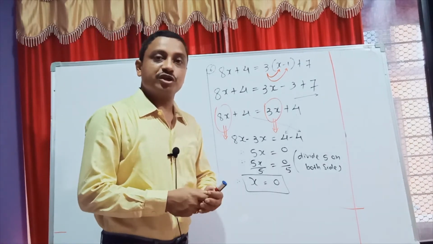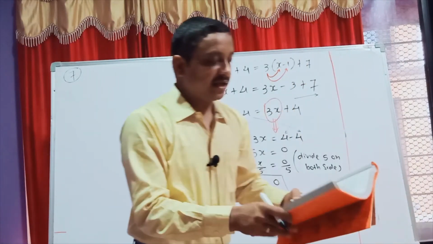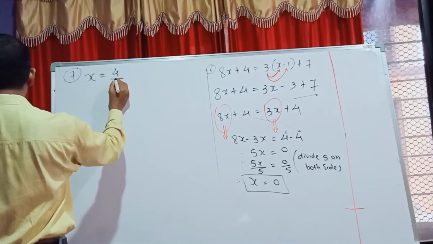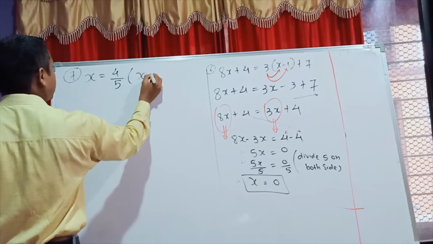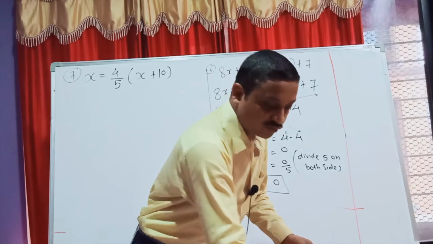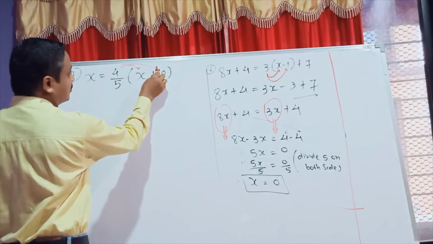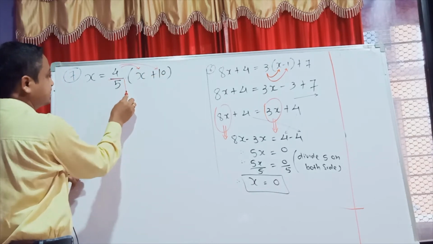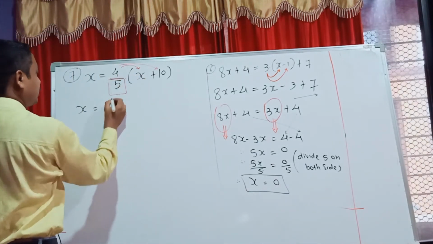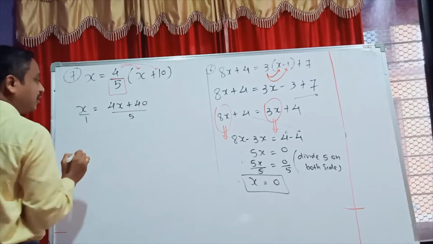Now the same as question number 7. Similarly, I am going slowly, students. x is equal to 4 by 5, and here x plus 10. Here also it is given in mixed form. So first of all, students, this 4 on the upper layer, you multiply inside, 4 into x, 4 into 10, and this 5 is as it is. So x same, here 4 into x, 4x, and here 40 divided by 5, and here upon 1 only.